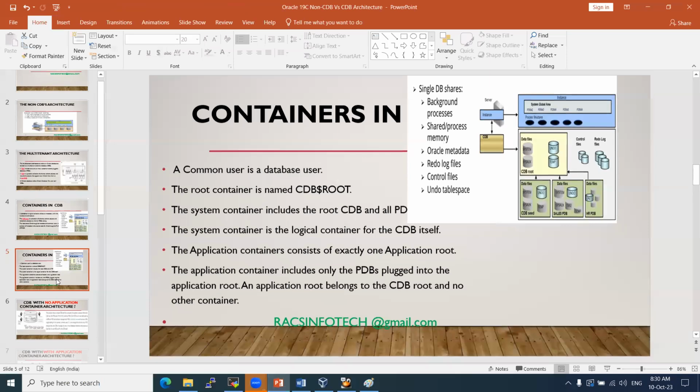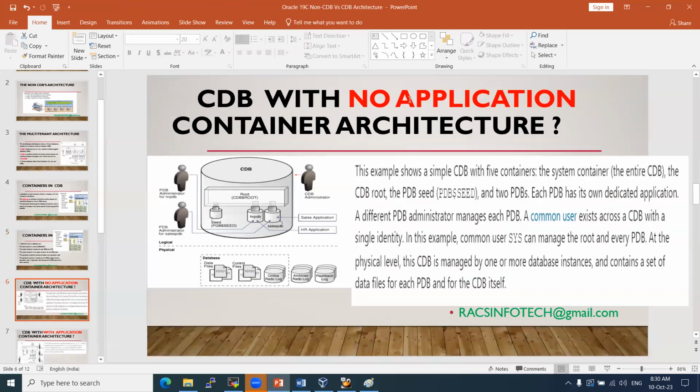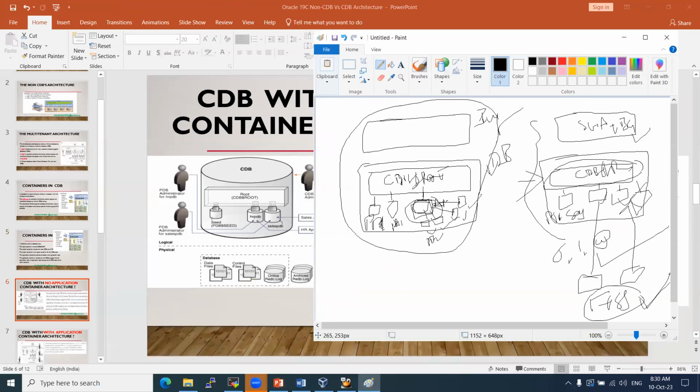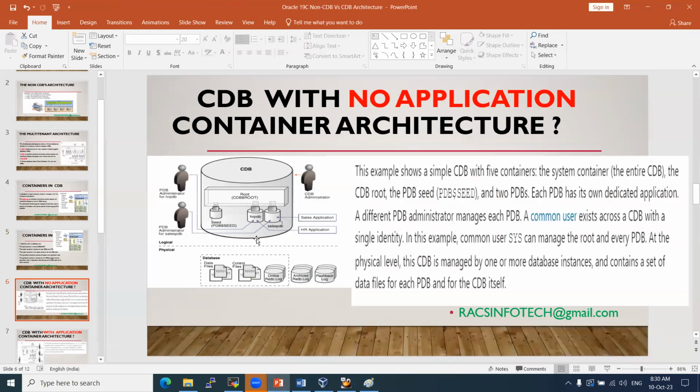Okay, then as I said, with no application, the same architecture. This one is with application container, without application container. We are learning without application container. Application container is nothing but if you are using some application, it's a PDB seed. CDB is the main architecture. In the complete CDB, we are using root, CDB root only. Inside of that, if you are using sales application, HR applications, this